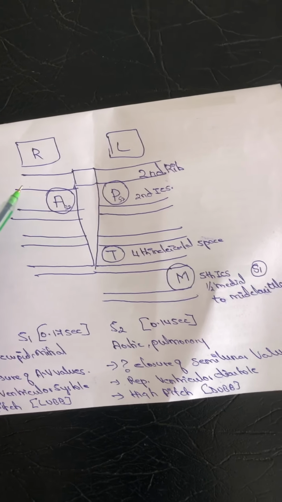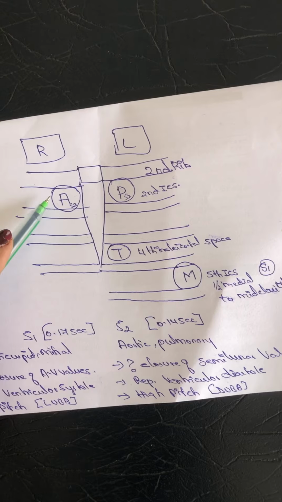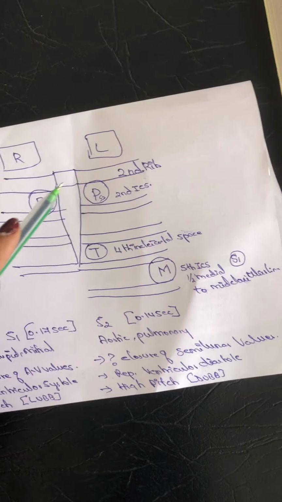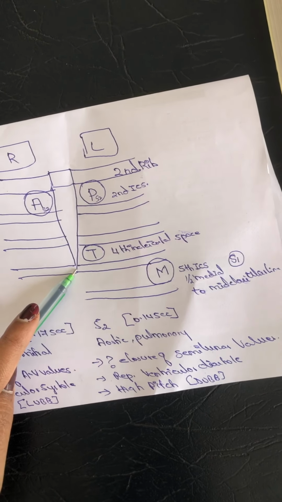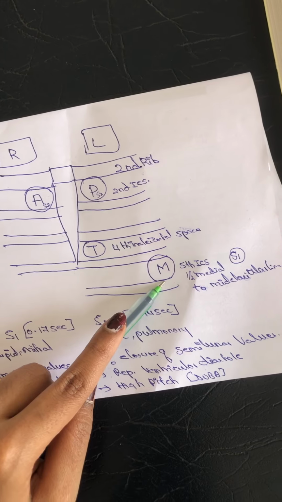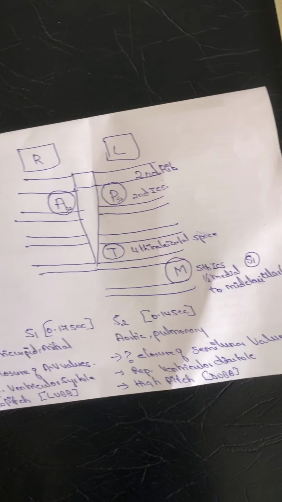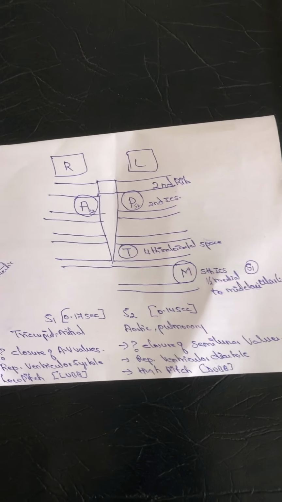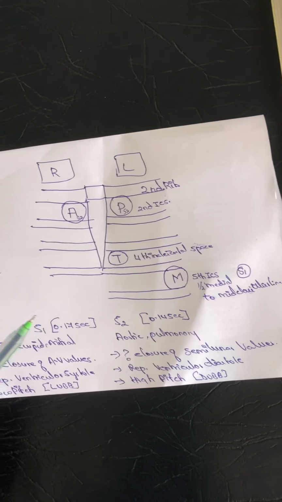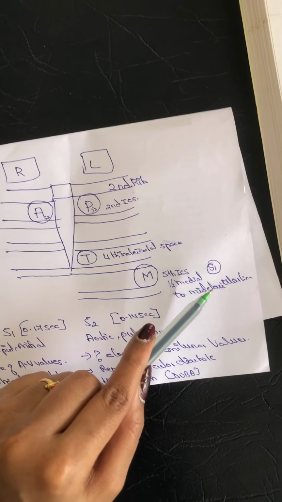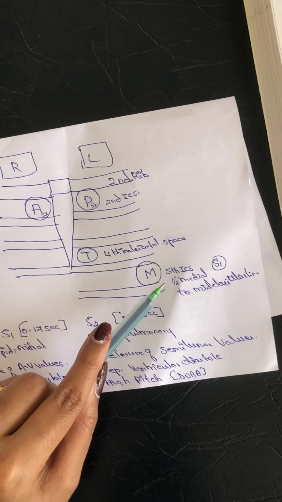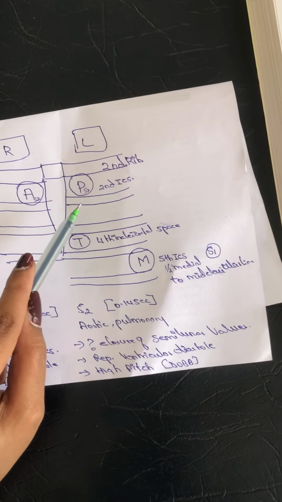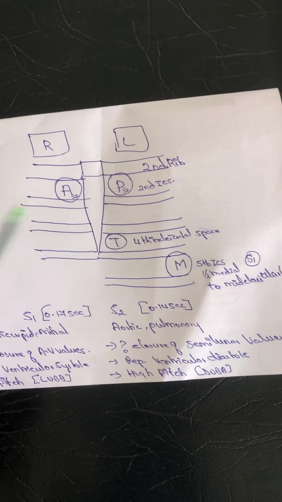So the auscultation is done in four areas. Right side of the second intercostal is the aortic, and left side of the second intercostal is pulmonary region, and in the left side of the fourth intercostal is the tricuspid, and fifth intercostal space in the left side corresponds to the mitral region. So what are the normal heart sounds heard? In a normal person, you will be hearing two types of heart sound. One is the S1 and second one is the S2. So how do you hear S1? S1 is mostly heard in the mitral region and in the tricuspid region. S2 heart sound is mostly heard in the pulmonary region and in the aortic region.